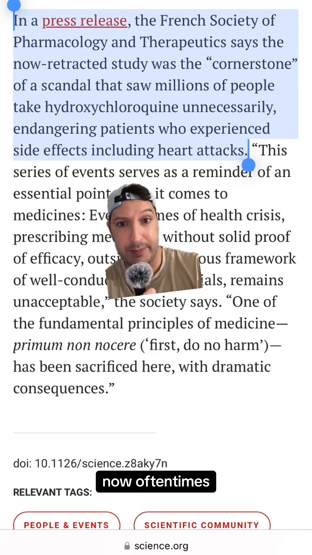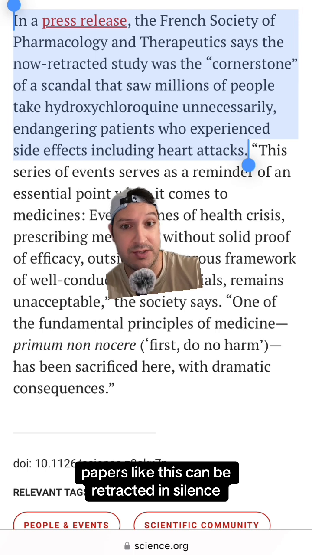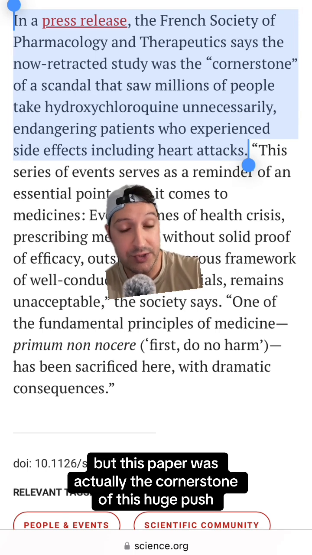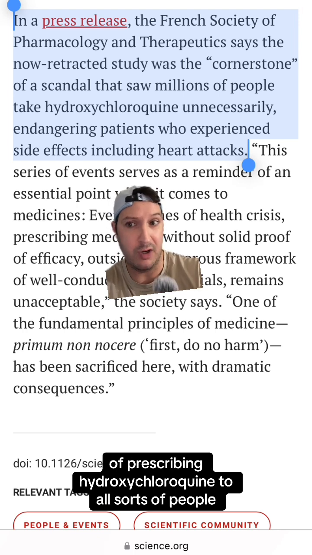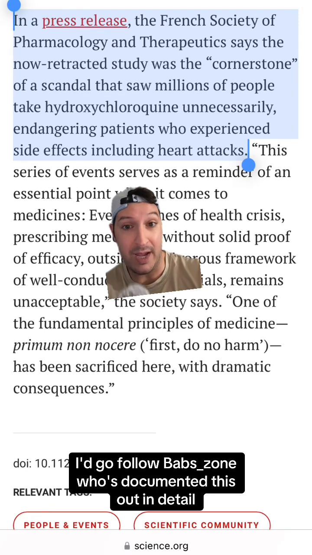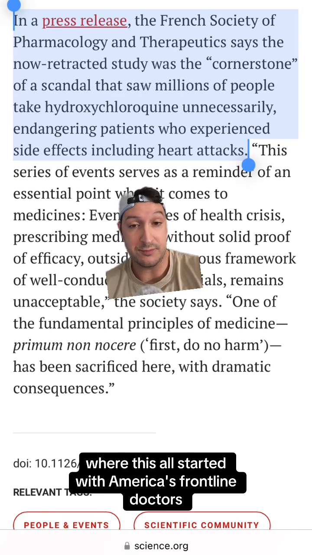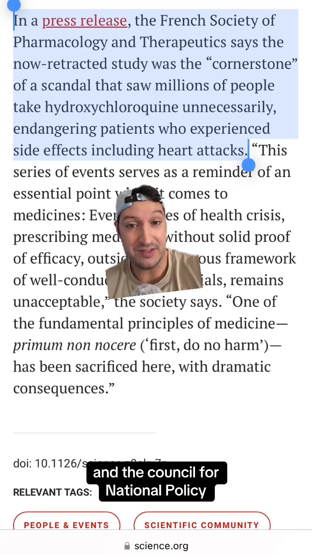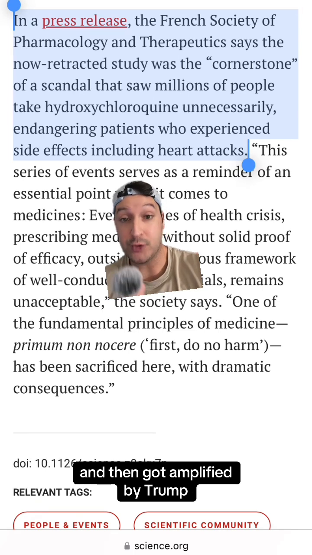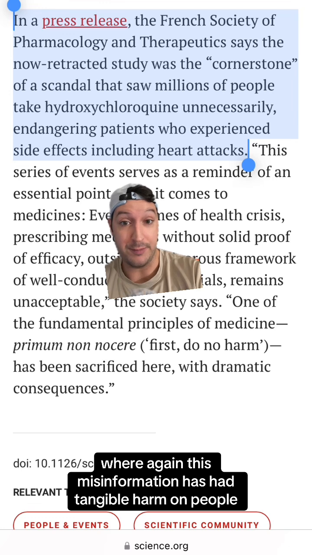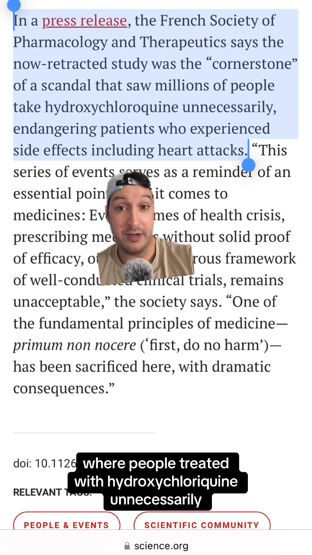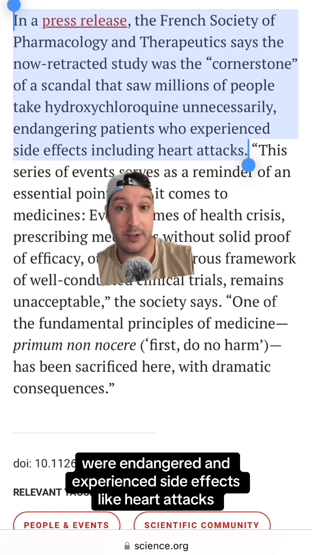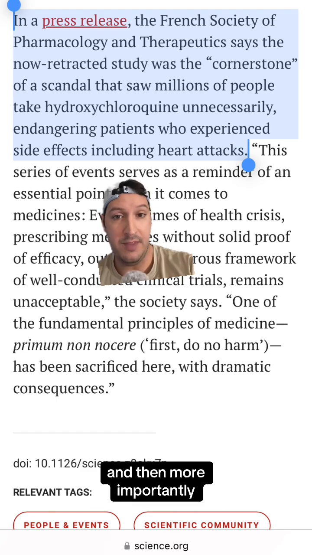Now, oftentimes papers like this can be retracted in silence, but this paper was actually the cornerstone of this huge push of prescribing hydroxychloroquine to all sorts of people. I'd go follow Bab's Zone, who's documented this in detail, where this all started with America's Frontline Doctors and the Council for National Policy, and then got amplified by Trump, where again, this misinformation has had tangible harm on people, where people treated with hydroxychloroquine unnecessarily were endangered and experienced side effects like heart attacks,